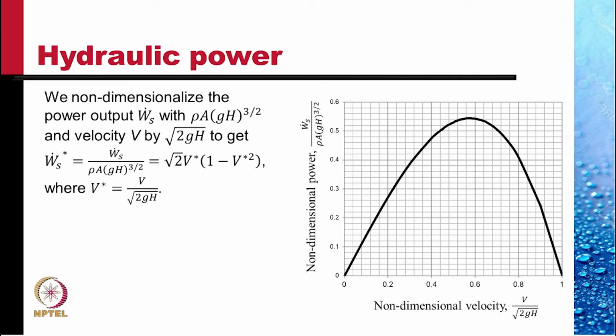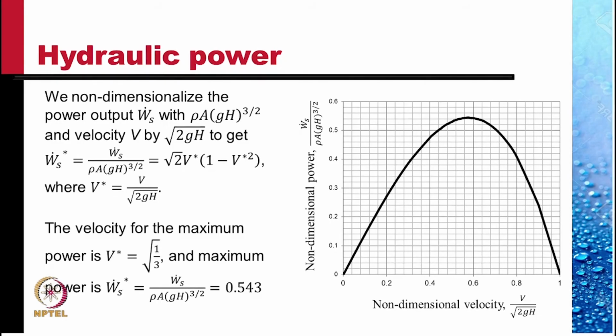We non-dimensionalize velocity by the square root of 2gH, which would be the velocity if the total head were converted into velocity. And so we get a non-dimensional power Ws dot star equal to root 2 V star into (1 minus V star squared), where V star is V by the square root of 2gH. So the velocity for the maximum power we can determine: V star is equal to 1 by root 3,